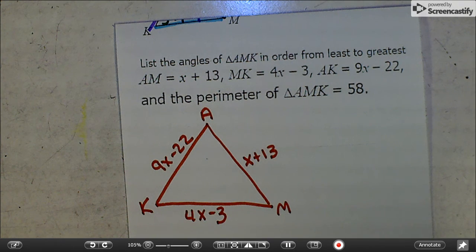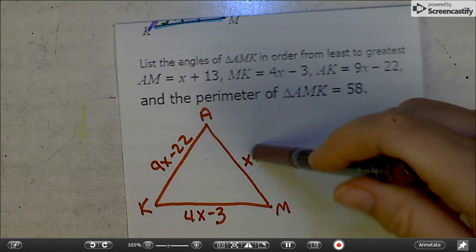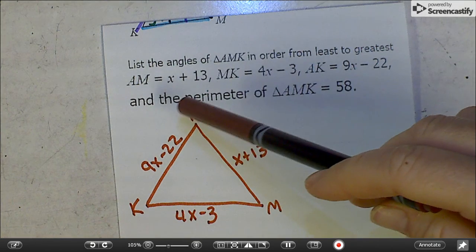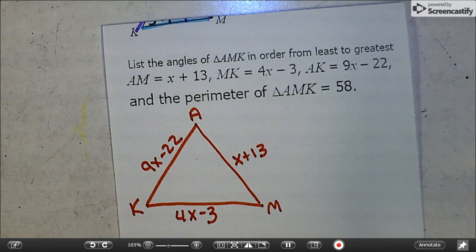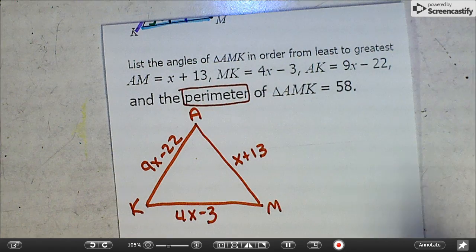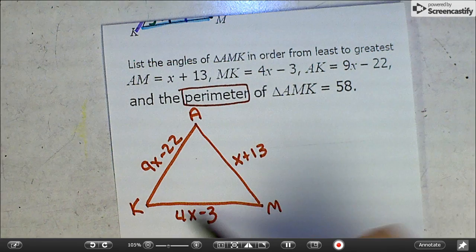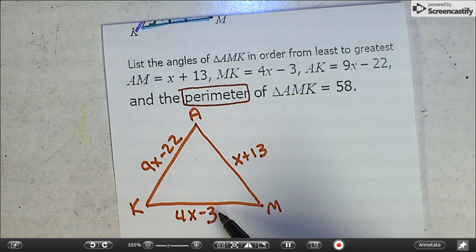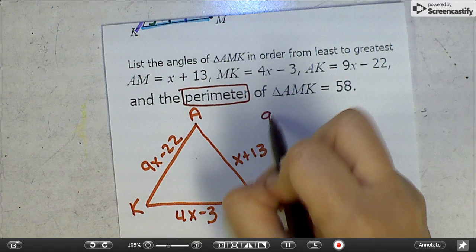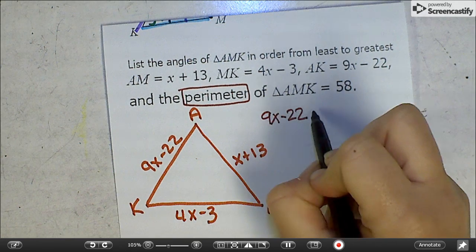Can we add these up and say they're equal to 180? Nope. Why not? Because they're sides, not angles. Okay, so be careful. What does this word mean? Perimeter. All around. Right. You add up around. So what would our equation be? 9x minus 22, clockwise, x